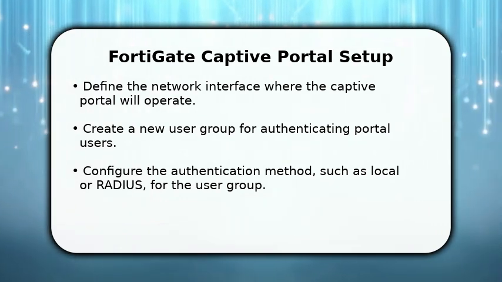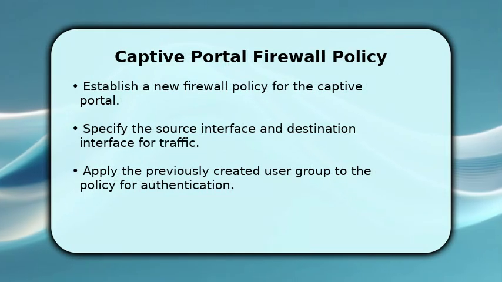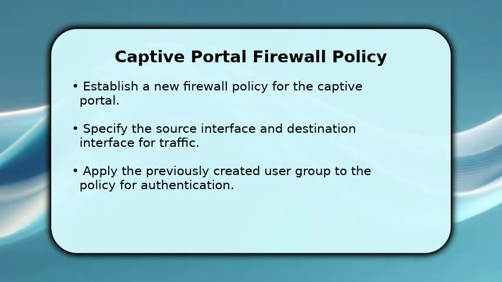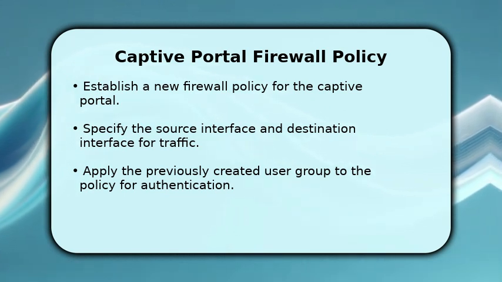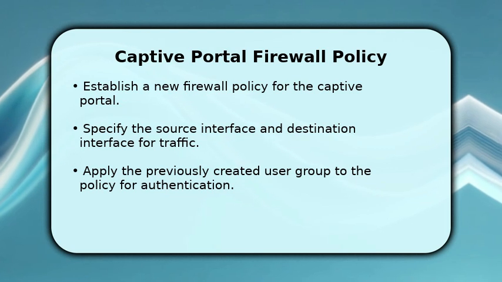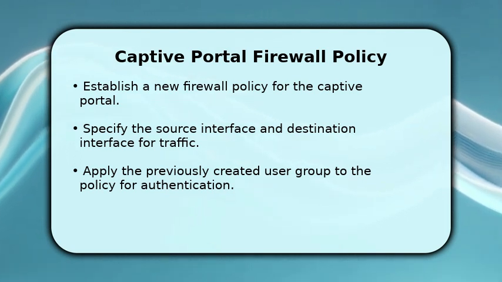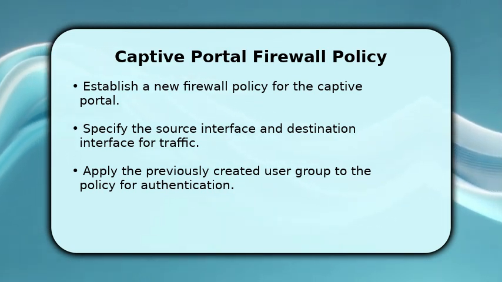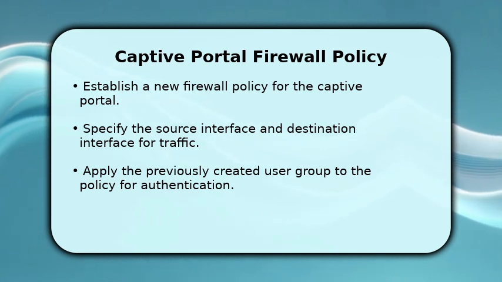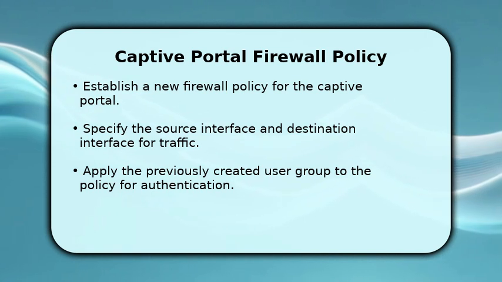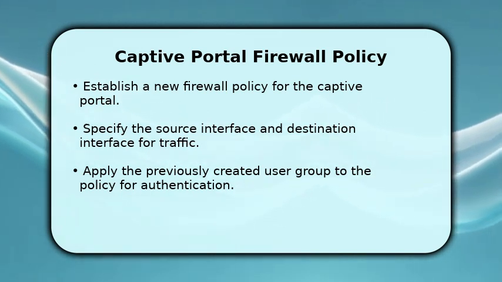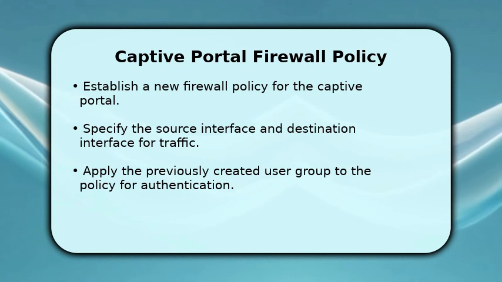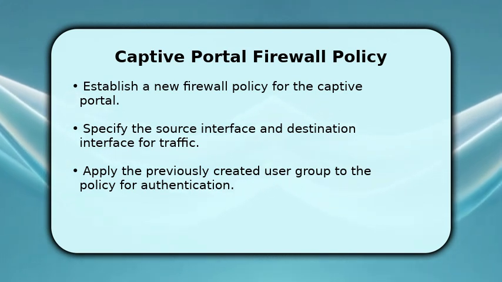your network's security policies. Now, let's create the essential firewall policy. You'll establish a new policy that governs traffic for your captive portal. Define the source interface, which is where your unauthenticated users will connect, and the destination interface, typically your internet access. Crucially, apply the user group you just created to this policy. This ensures that only users who successfully authenticate through the captive portal are granted network access, enforcing your security requirements